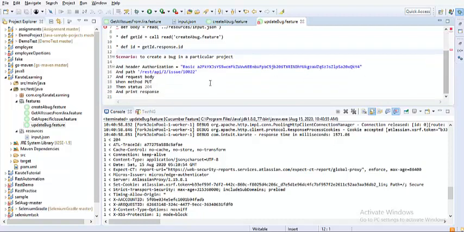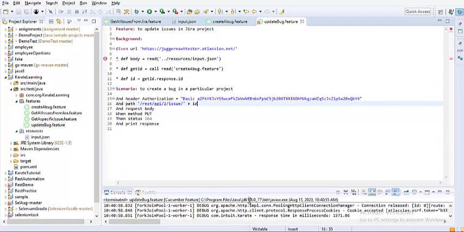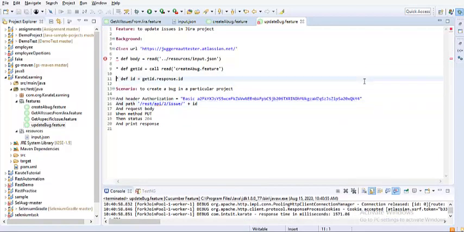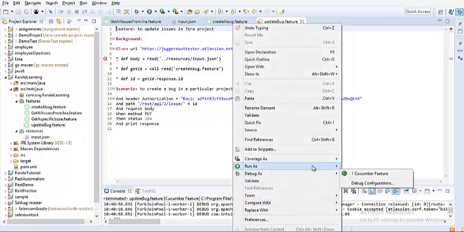So now what I do, I'll remove the hard coded message here. I will concatenate with id variable. So simple as that. So now our job is done. So what we have done, we have called the create feature file which we created some time ago with the help of call read function, and we have stored response.id in another variable called id, and we have called that and given it to the path parameter, and we have all set here, and I think we are good to run. So now let's right click and see what happens.